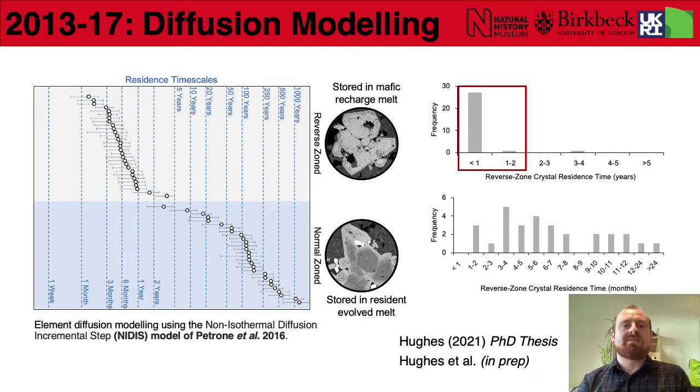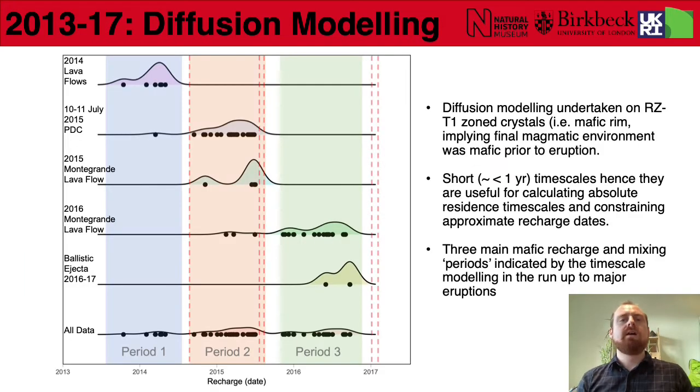We can see that the vast majority of the reverse-zoned crystals have timescales of less than 1 year, as shown on the right. But when we look at these timescales in detail, we can see that there's not one peak in these timescales, and we interpret this distribution as potentially being the result of multiple injections into the subvolcanic plumbing system prior to eruption. If we now focus on the reverse-zoned crystals, we can use the residence times to calculate